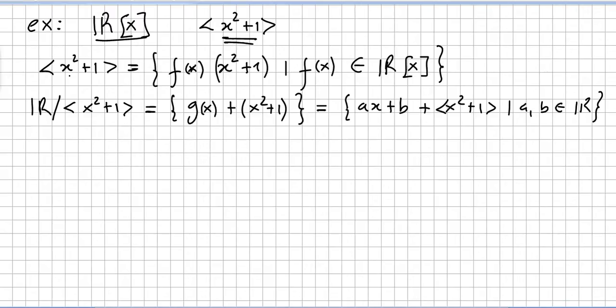So this ideal will be x squared plus 1 times the polynomials f of x, such that f of x are in the ring of polynomials with real coefficients. So the factor ring of the reals by this principal ideal,